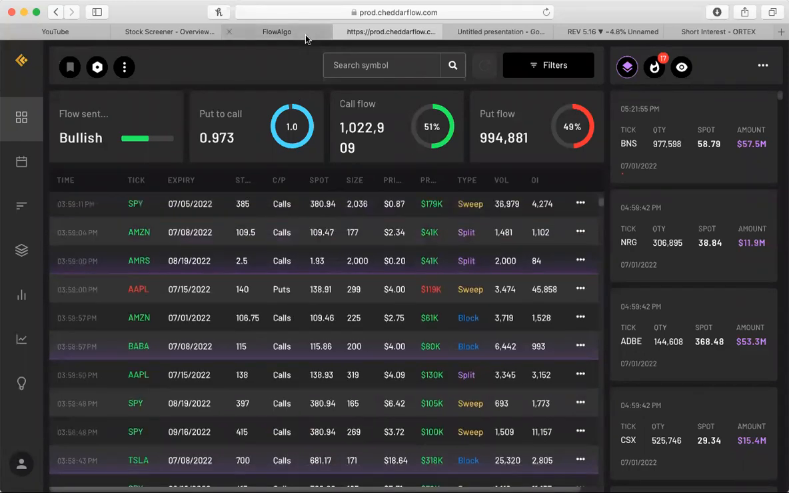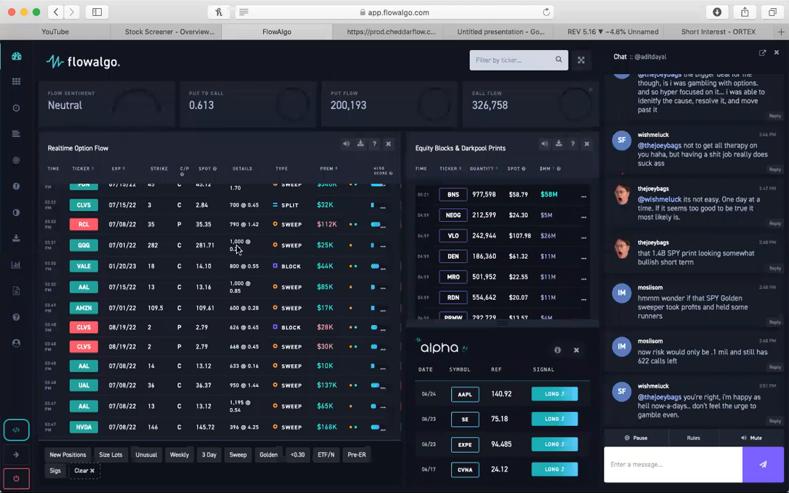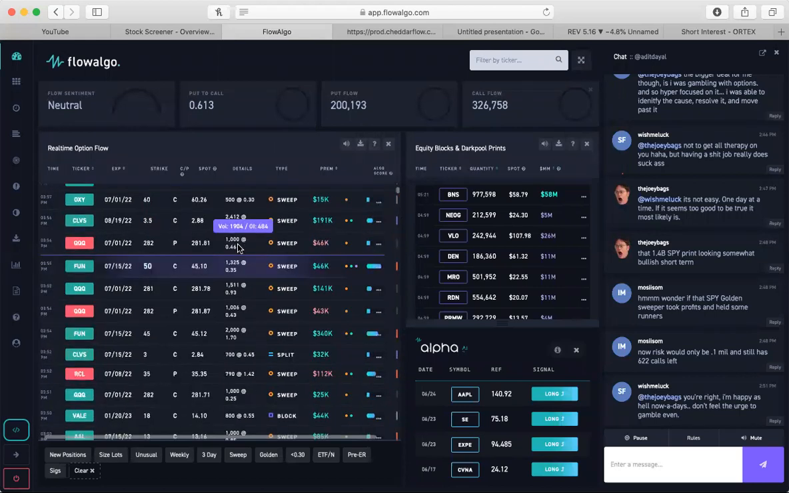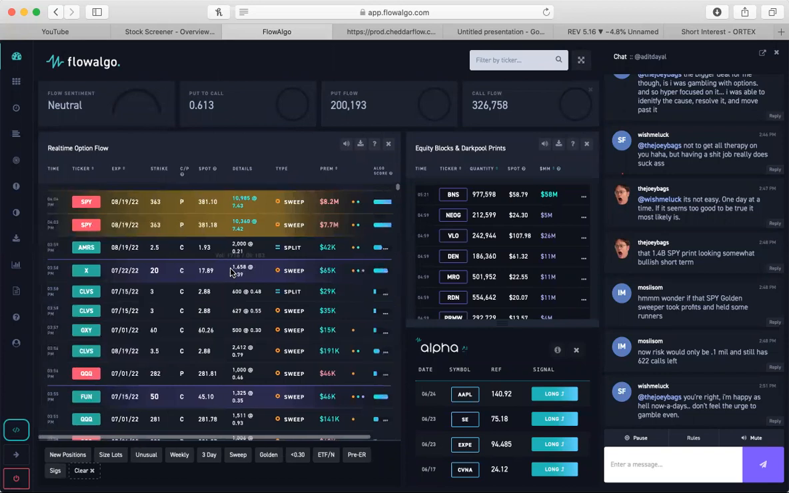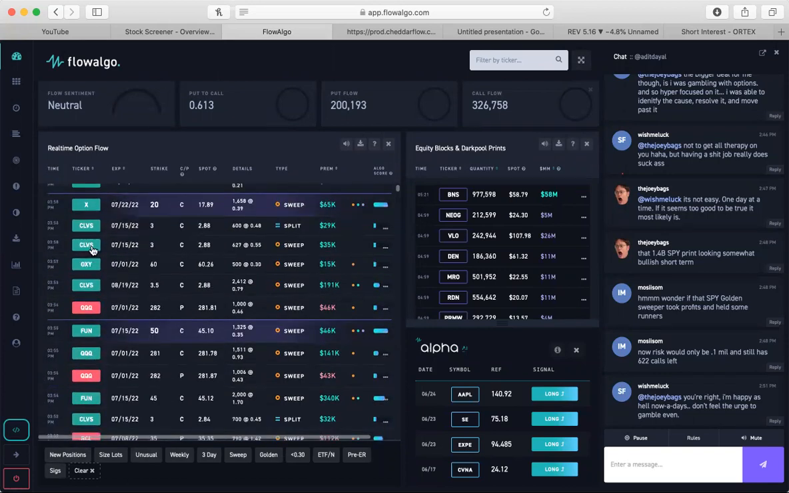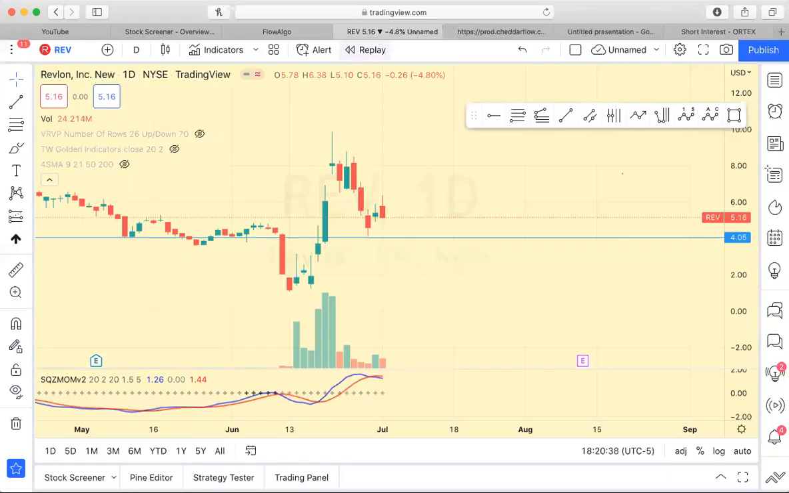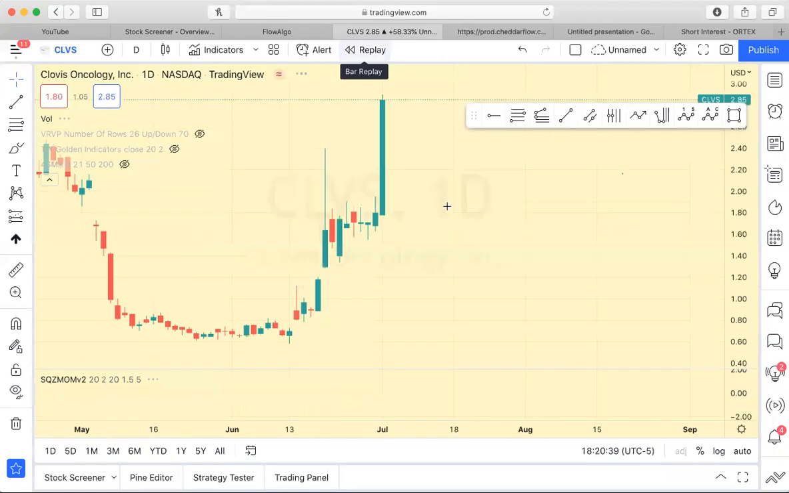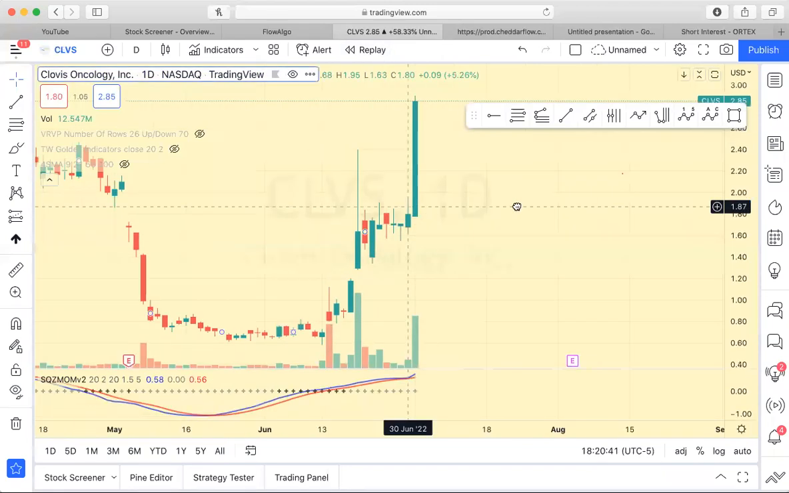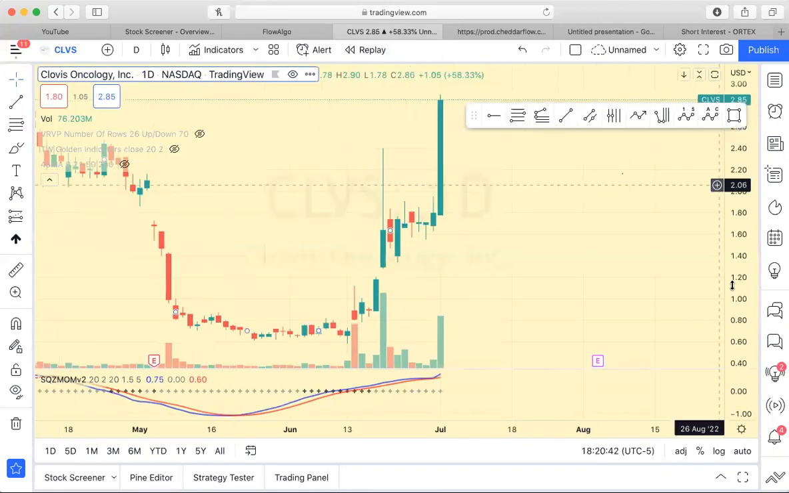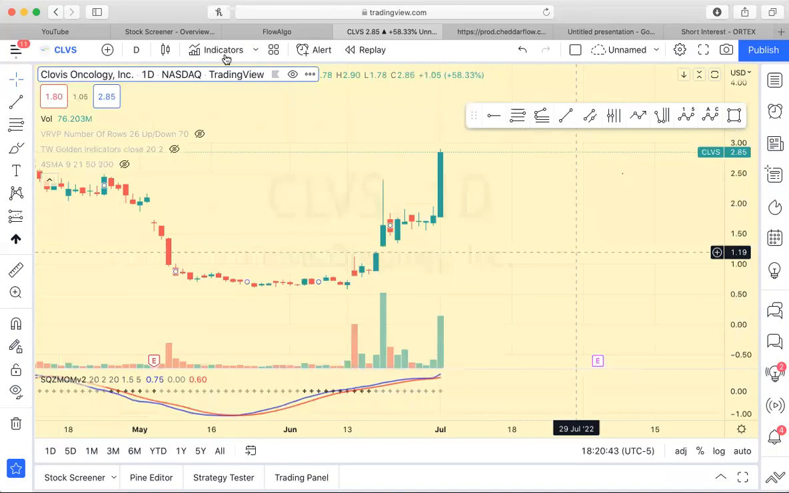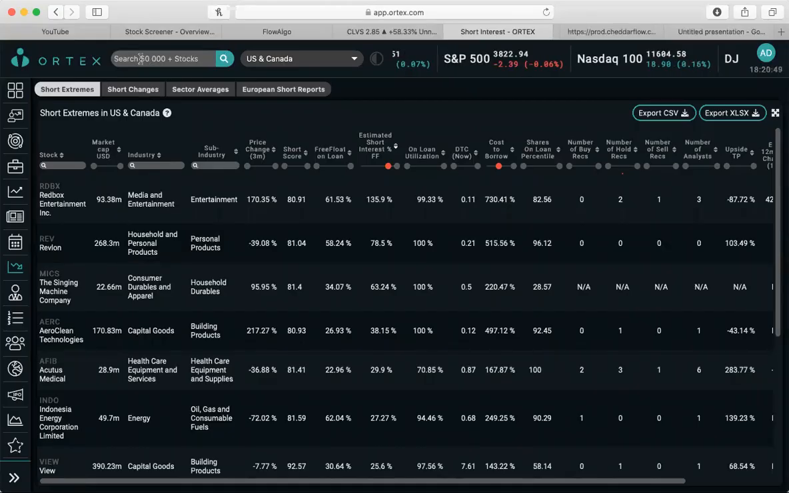So let me show you how I use both of them. With Flow Algo, I just watch throughout the day, and when I see unusual activity come in, like CLVS, I'm seeing so many call sweeps for the $3 calls. I'll pull up the chart, and you'll see that CLVS had a huge, huge day, and I can almost guarantee it had some sort of short interest to it if we just look,